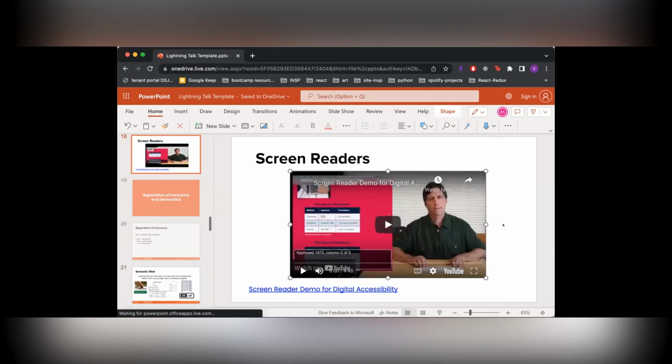All right, I'm having a little bit of trouble with the video, but basically how screen readers work is that some sort of technology is parsing the website